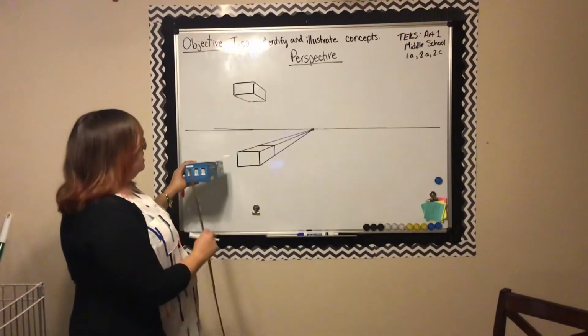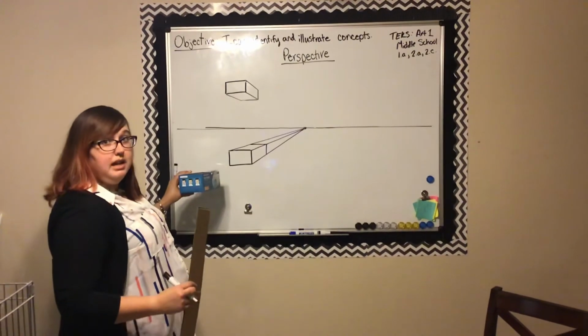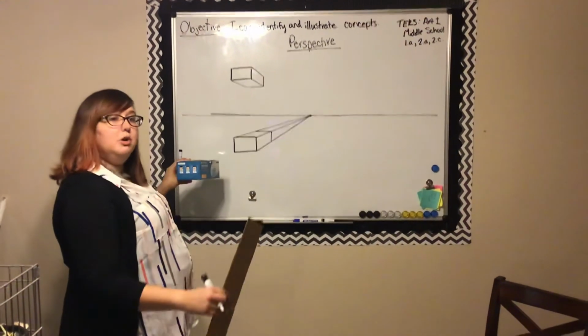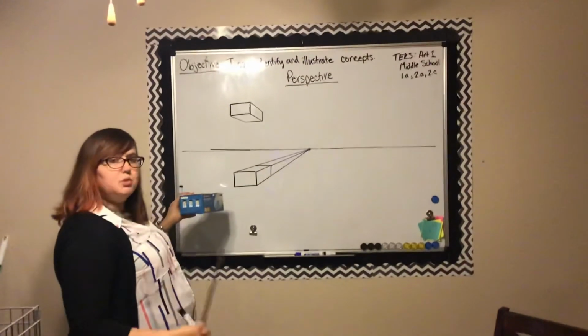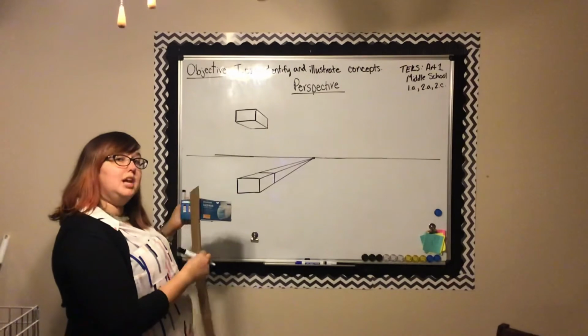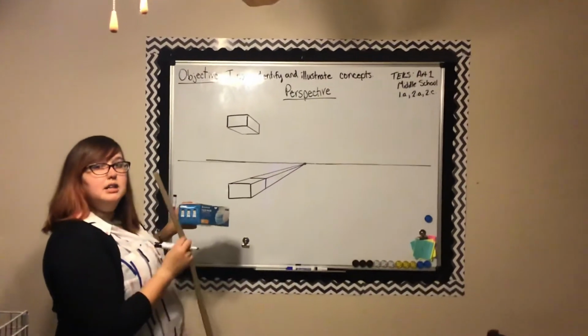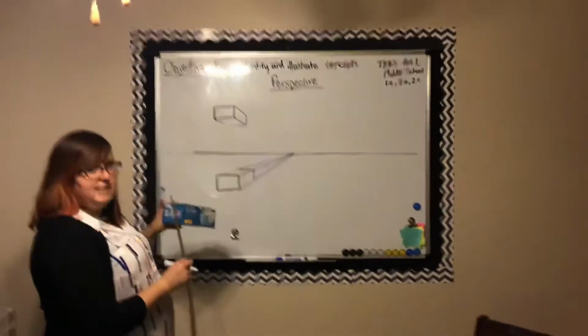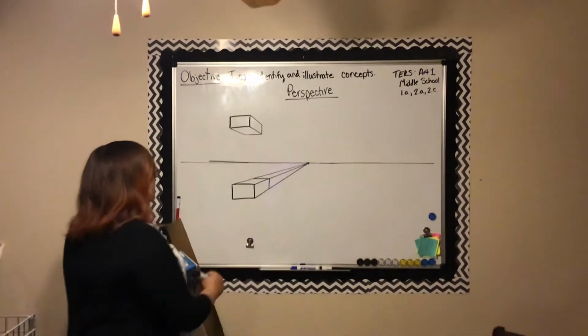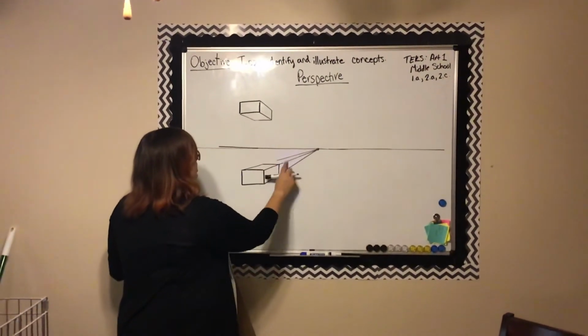Now, these are just the basics here, okay? Once we learn to build this, we can start building interior rooms, we can start building dogs, we can build all kinds of great things in perspective. But we have to get these box shapes first because they're the easiest. So we want to practice these. So right now, what I want you to do is I want you to practice making some